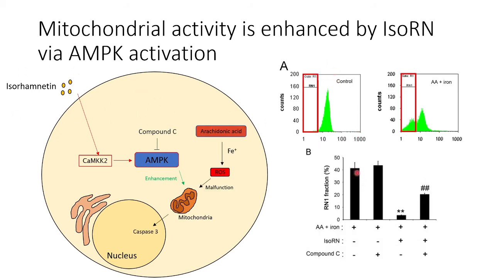So we can see that the RN1 fraction, which I had introduced before as a low activity spectra, has been shown to be at high levels when the cells were treated with AA plus iron, and maintained despite compound C treatment, but lack of Isorhamnetin, indicative of a control setup. However, upon treatment with Isorhamnetin, we see a large decrease in the RN1 fragment, showing us that there had been high levels of